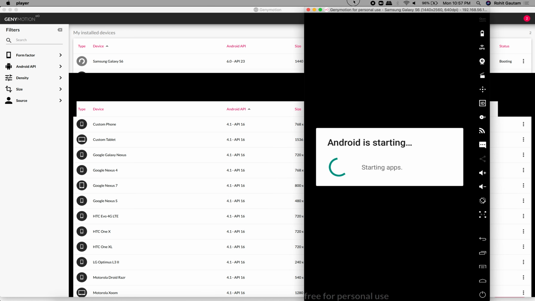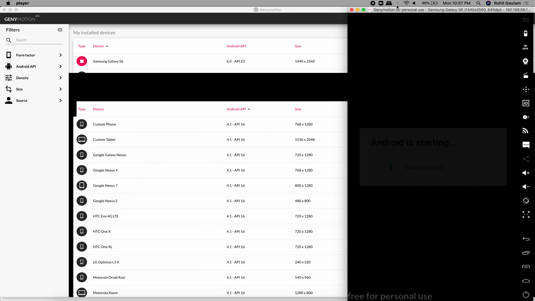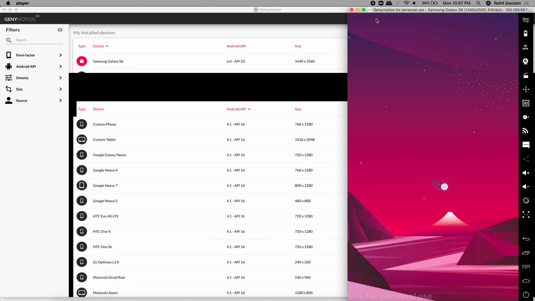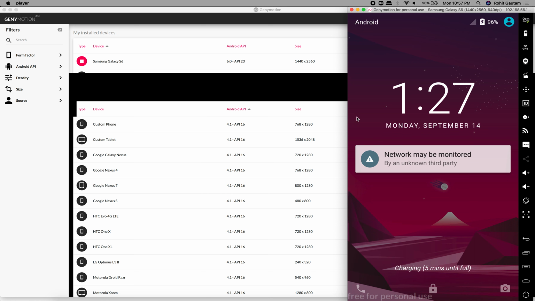So this is your Android emulator. In case those who have a rooted Android phone, they can also use that. And for those who do not have an Android rooted device or are running on an iOS device, can obviously use Genymotion. So we have overcome the first step, that is installing an Android emulator.